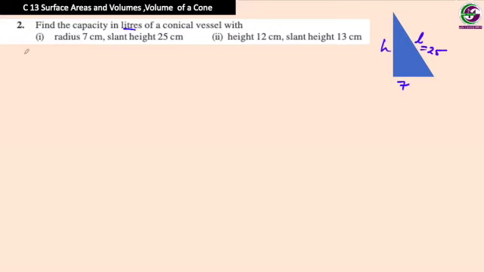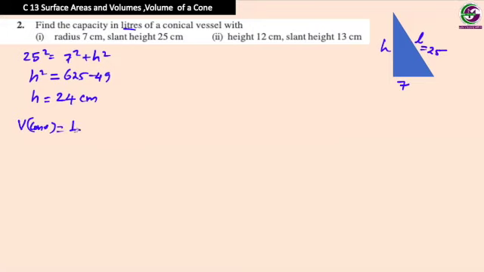So we have the rule 25 square is equal to 7 square plus h square, or h square is equal to 625 minus 49. h is equal to root of 576, which is 24 centimeter. So we have the height now. Now we have to find the volume. Capacity means the volume of the cone, which is 1/3 pi r square h, which is equal to 1/3 times 22/7 times radius 7 times the height 24,